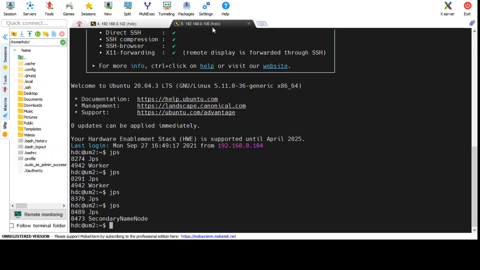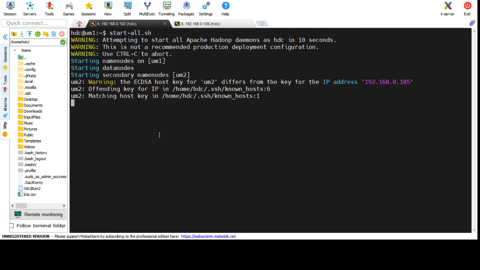I have configured it in this manner: my secondary name node runs on the second machine, and my primary name node is on the first machine. Okay, I think the services have been started here. Let me type the jps command so you can check whether they are working or have stopped.